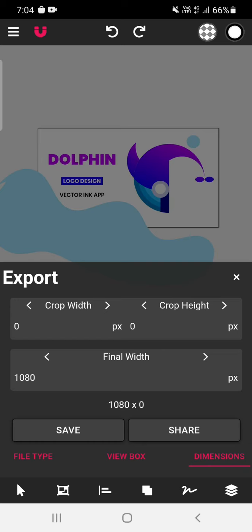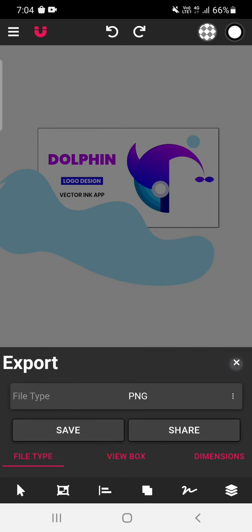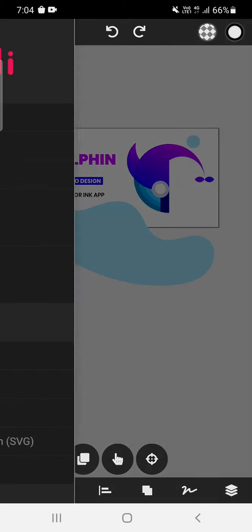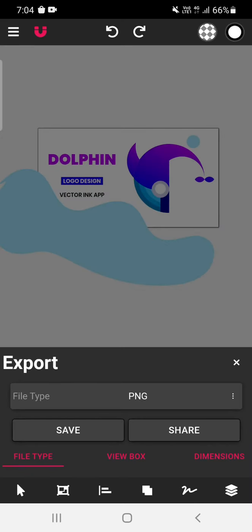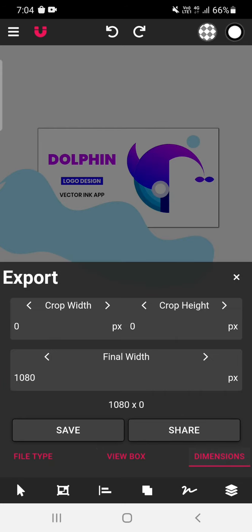So the pixels proportion will remain same and it will get exported in HD format. So this dimensions. Okay, few people want to export. So here we have seen file type, view box, dimensions.